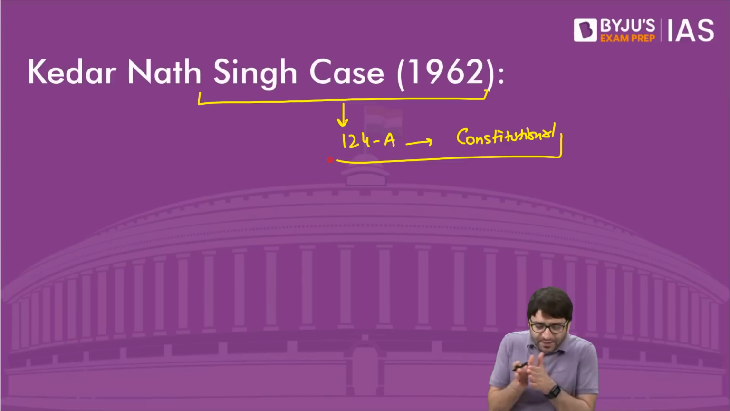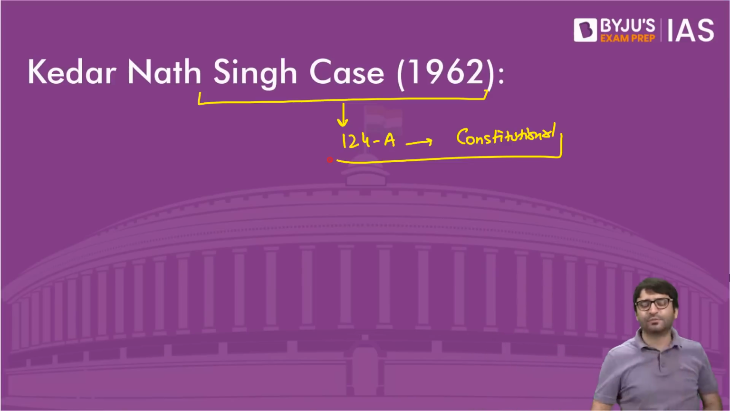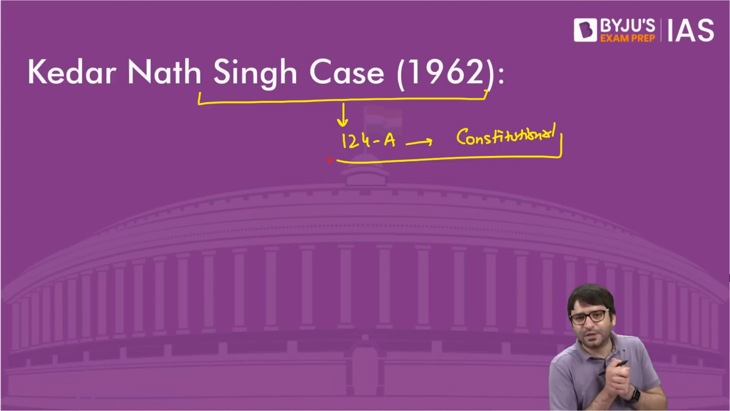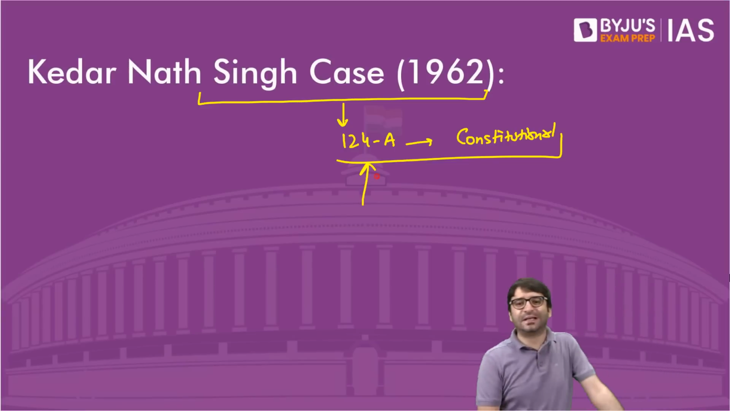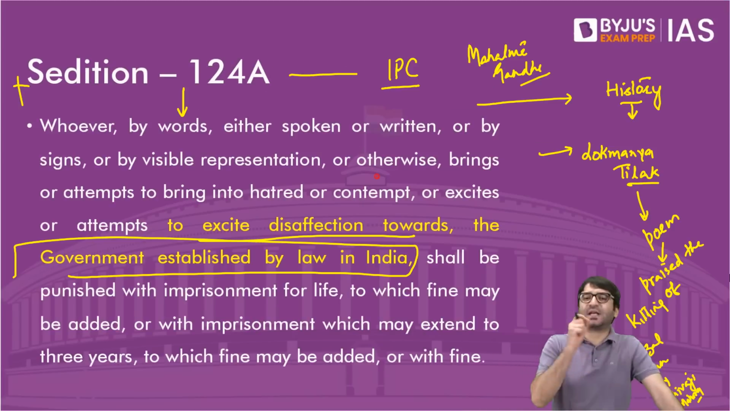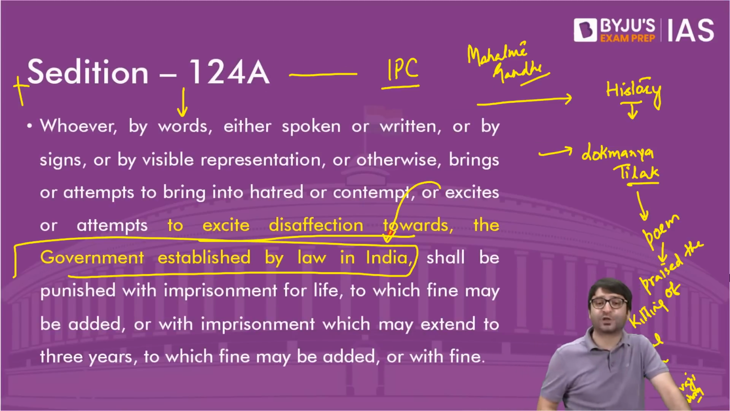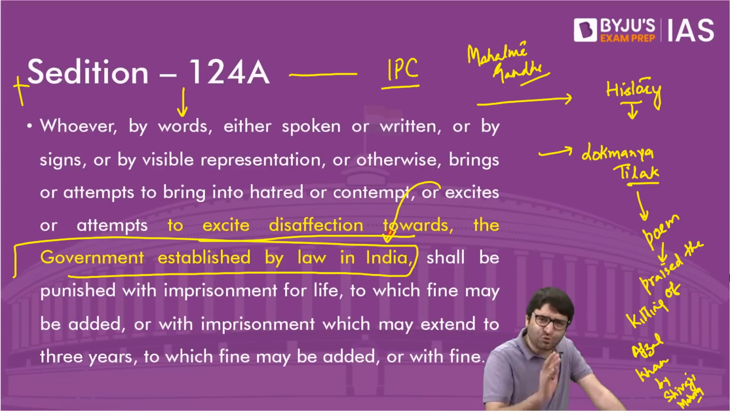Why? Because a pre-independent law, if it is in agreement with fundamental rights, it will continue. But if a pre-independent, pre-constitutional law violates fundamental rights, it will not continue. The question before the court was, is Section 124A constitutional or not? Because the wording of this section says, if you promote disaffection against the government established by law, whether through words, whether through cartoons, whether through any other creative expression,